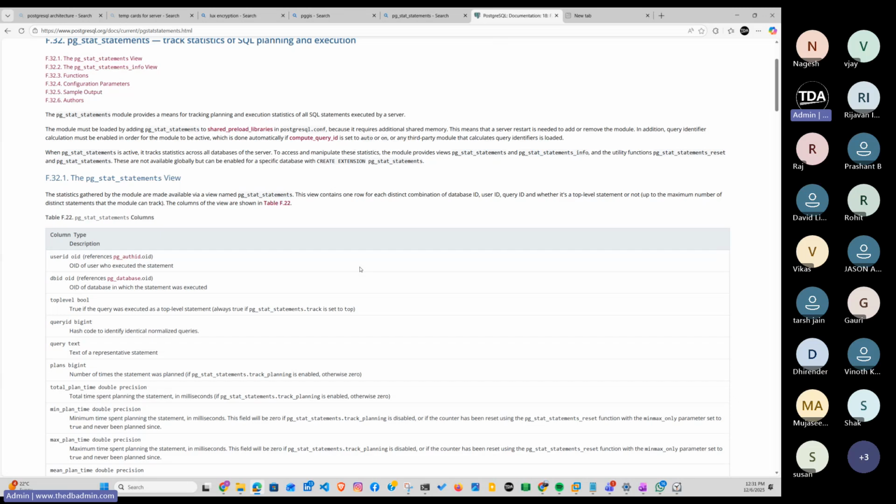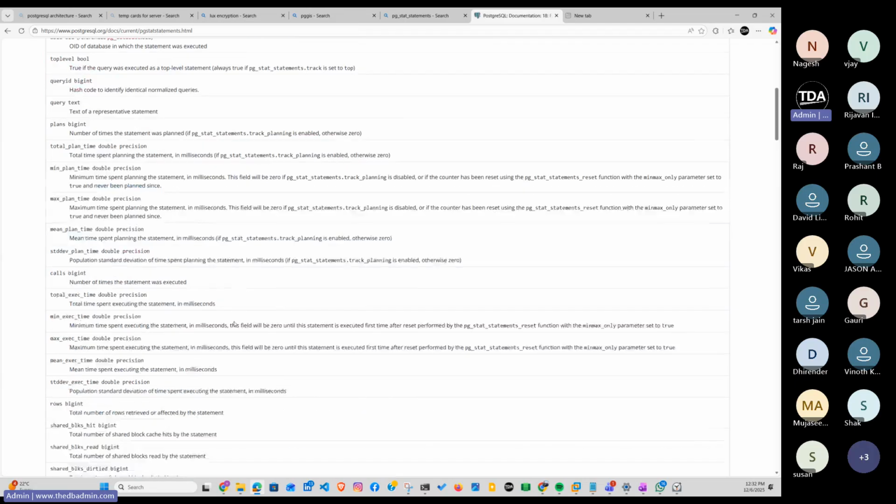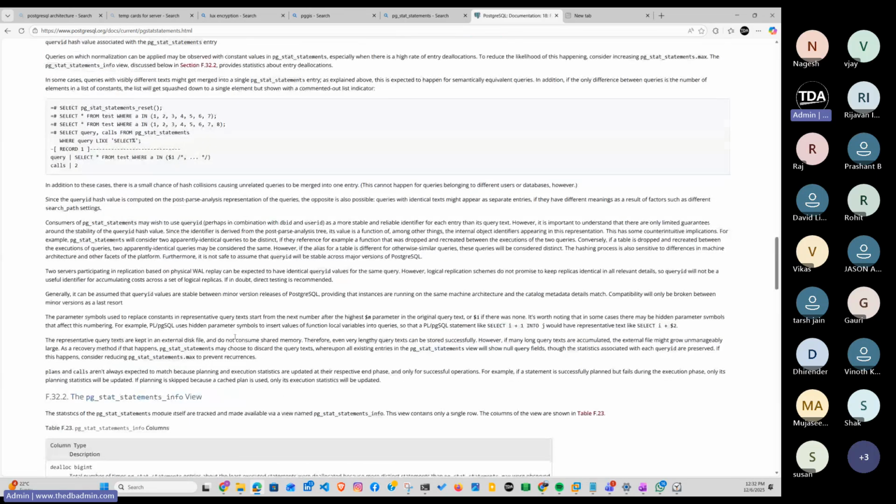Okay, it gives me a view, or you can say it enables me to see how many database queries are running, how many times they are getting executed, how long it is taking. So to get all the details, I don't have any specific option available in Postgres, right? So what I am going to do, I will install this particular